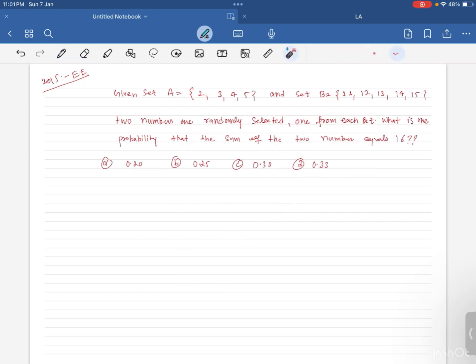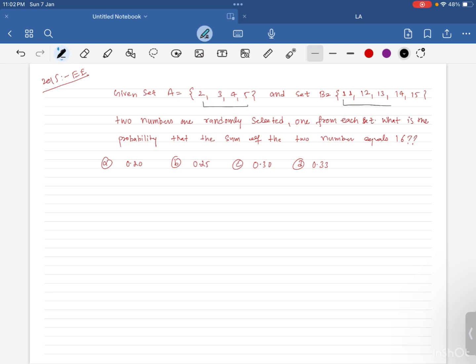Okay, so let's look at this question. This question is from the EE 2015 paper, and we are given set A and set B. Two numbers are randomly selected, one from each set. What is the probability that the sum of the two numbers equals 16, right? So we are given these two sets, right? The sum will be between two numbers, right? So with this given set, how many